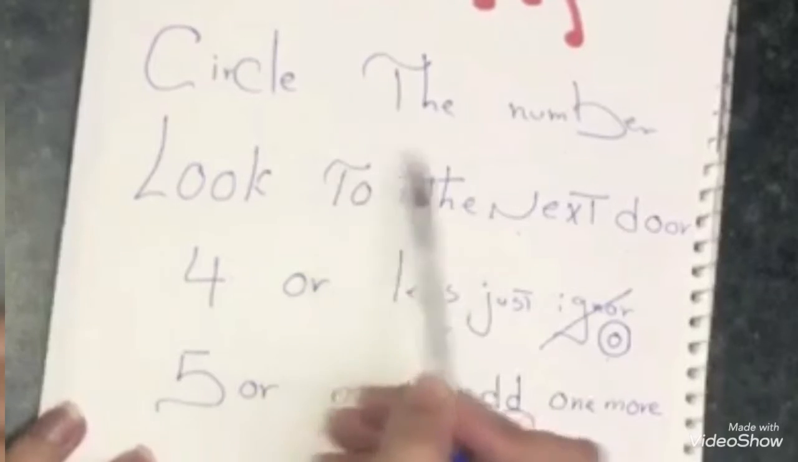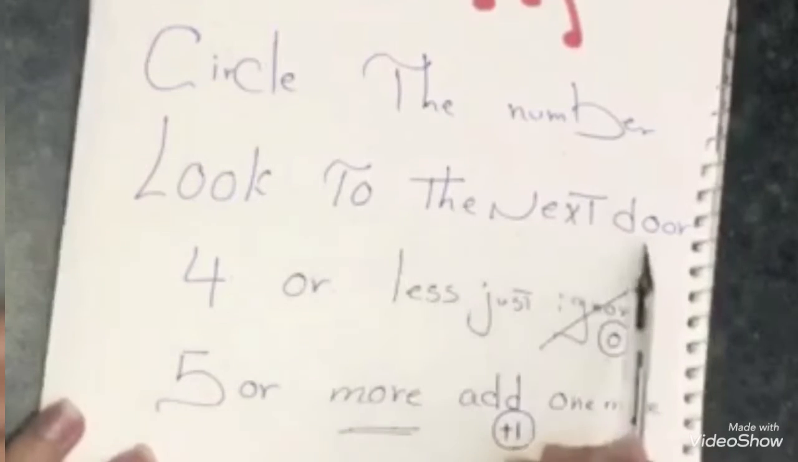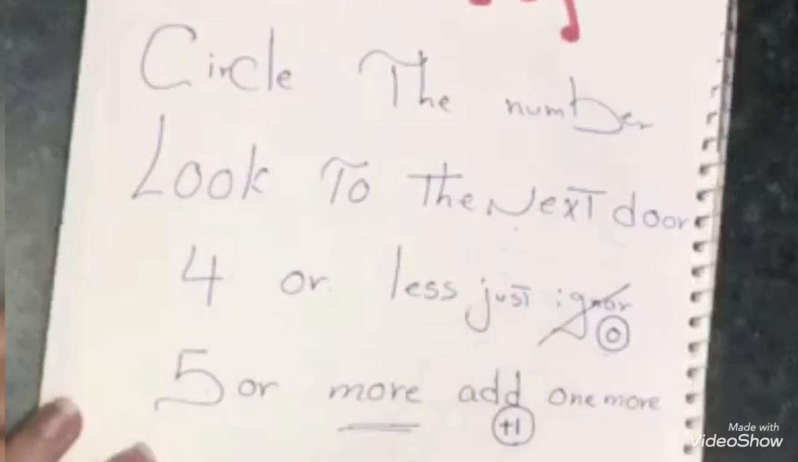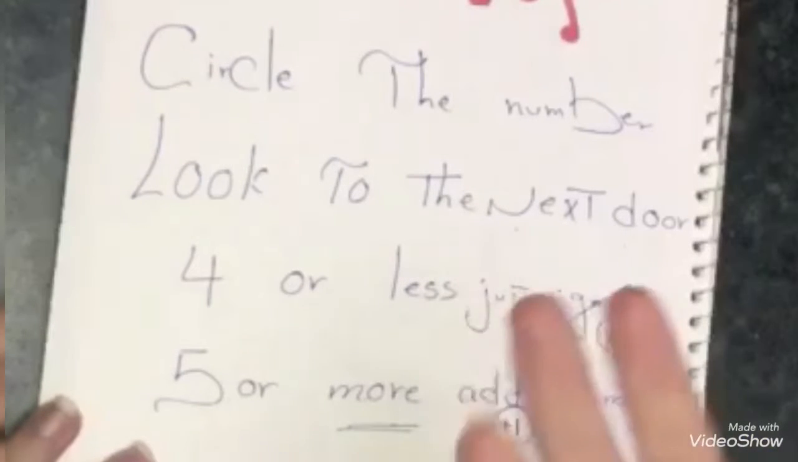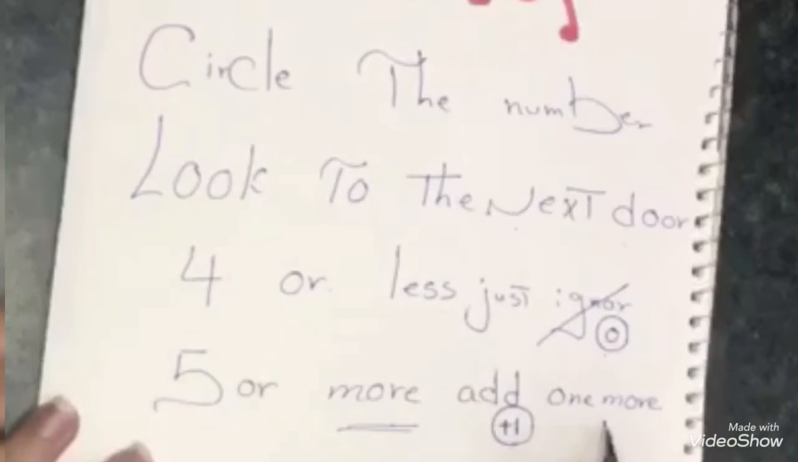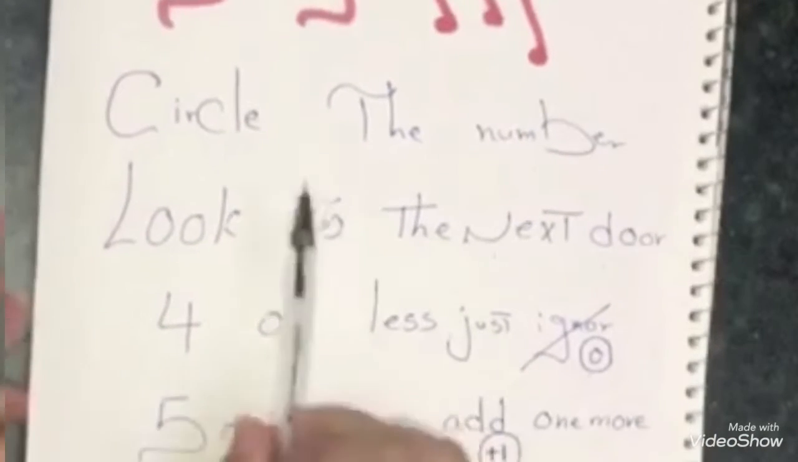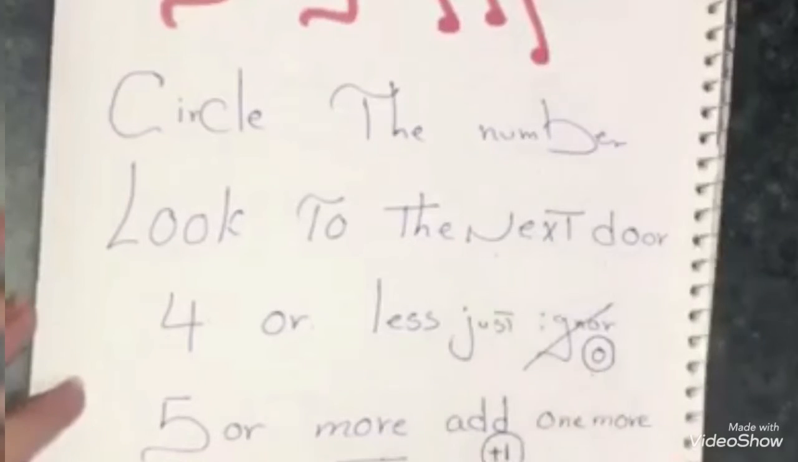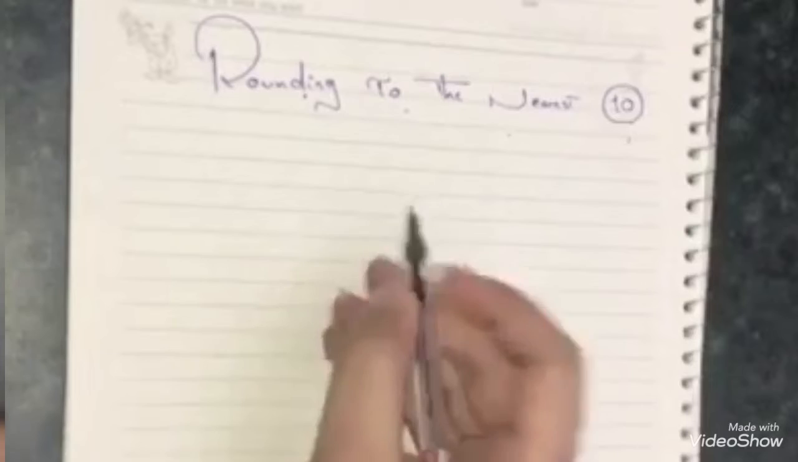Again, circle the number. Look to the next door. If it's 4, 3, 2, 1, we just ignore, okay? So if it's 5 or more, like 5, 6, 7, 8, 9, we add 1 more. So circle the number. We circle which number, Junior 2? We circle the number we want to make a rounding for, okay? So here, in the last week, we take rounding to the nearest 10. So if I have a number like